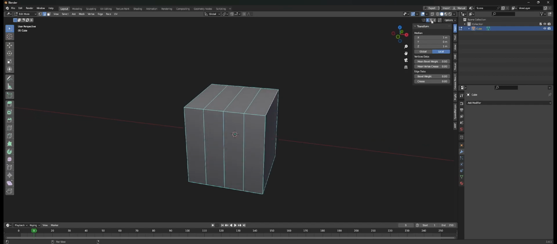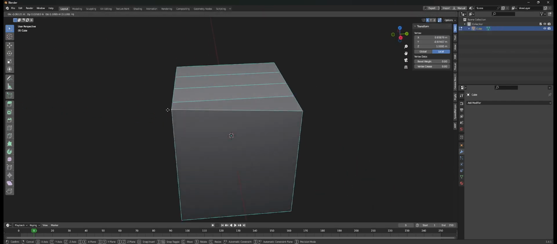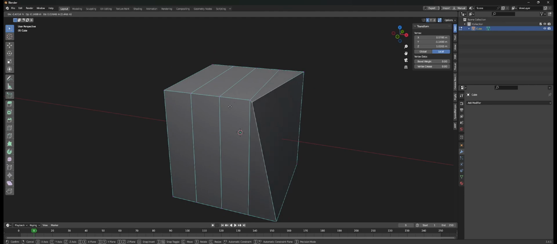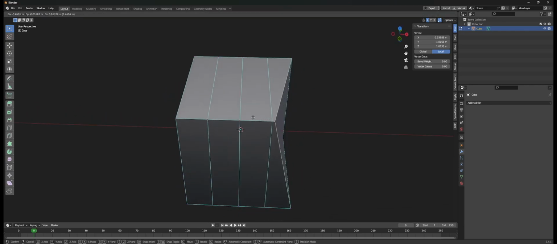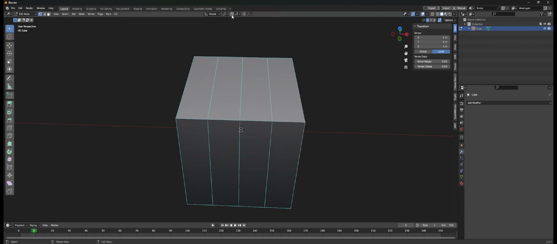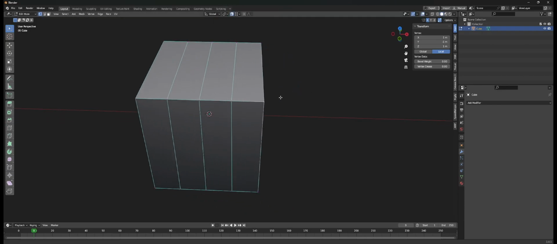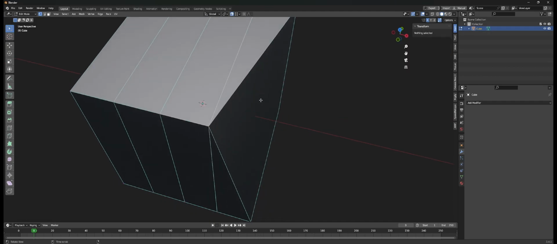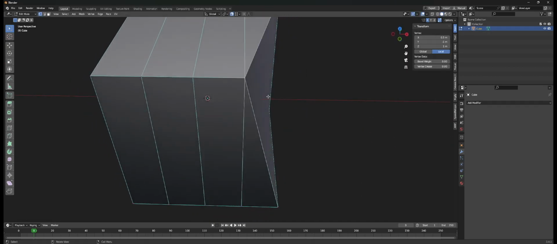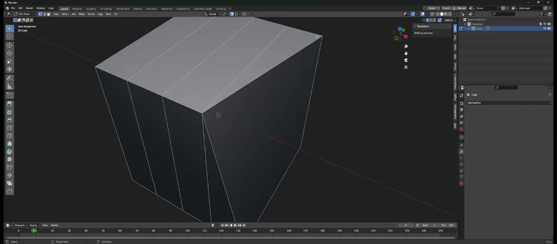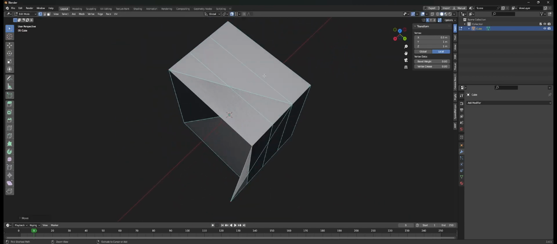But anyways, this is actually your mirroring options right here. And this is obviously your auto merge vertices. So if you grab this and you start to get close to another vertice, it'll auto merge it together. Supposed to. Let's turn on vertex and snap. And yeah, it merged it together, as you can see. So if we snap that together,